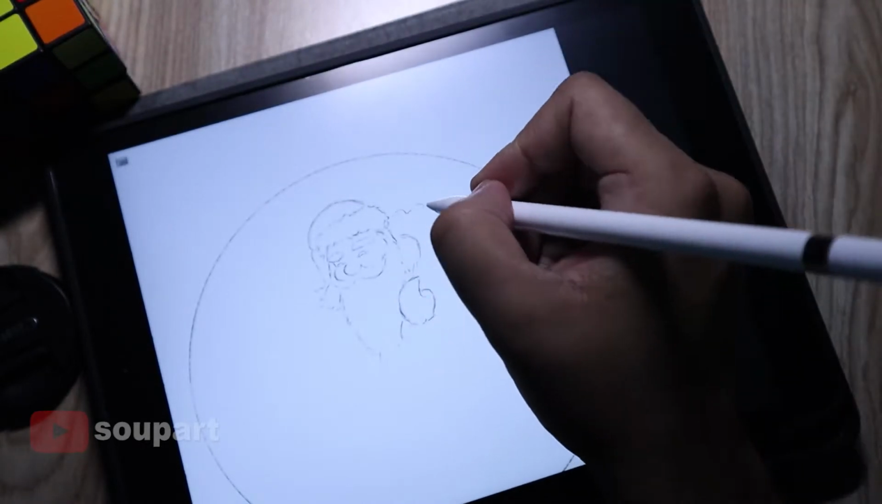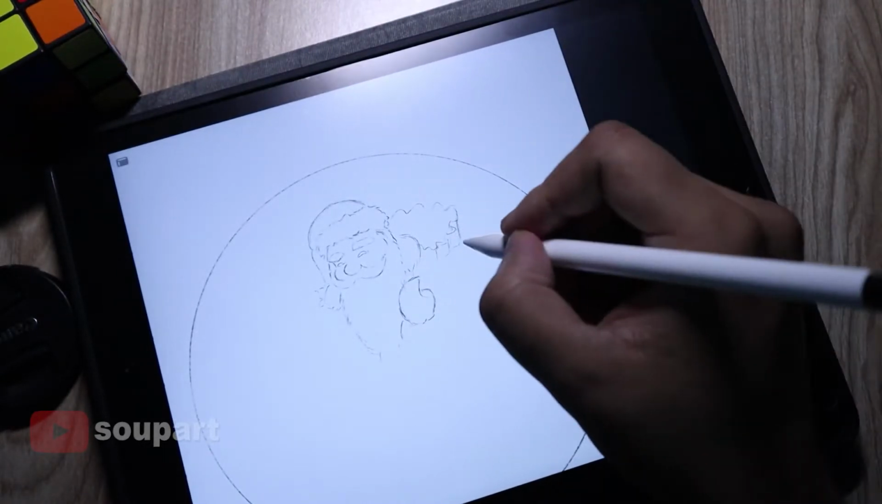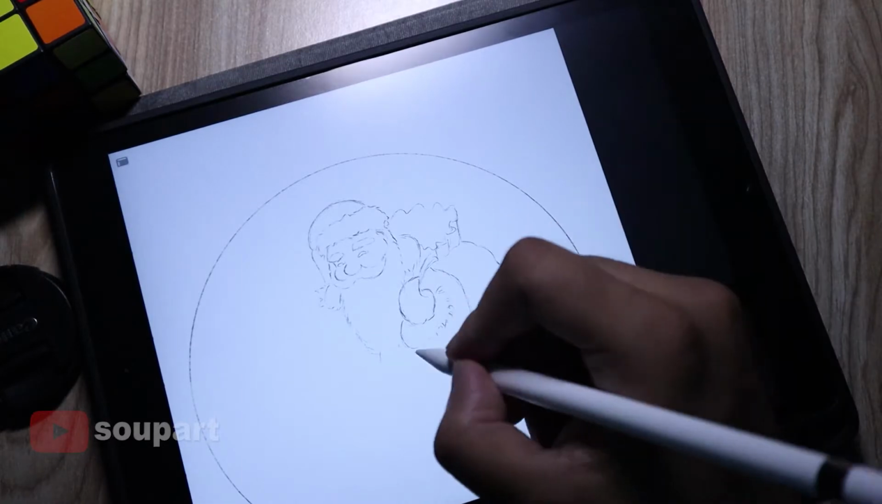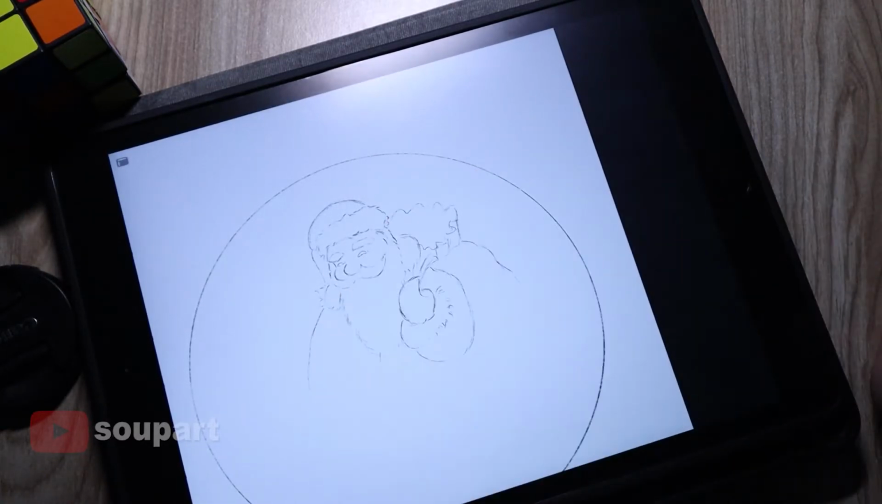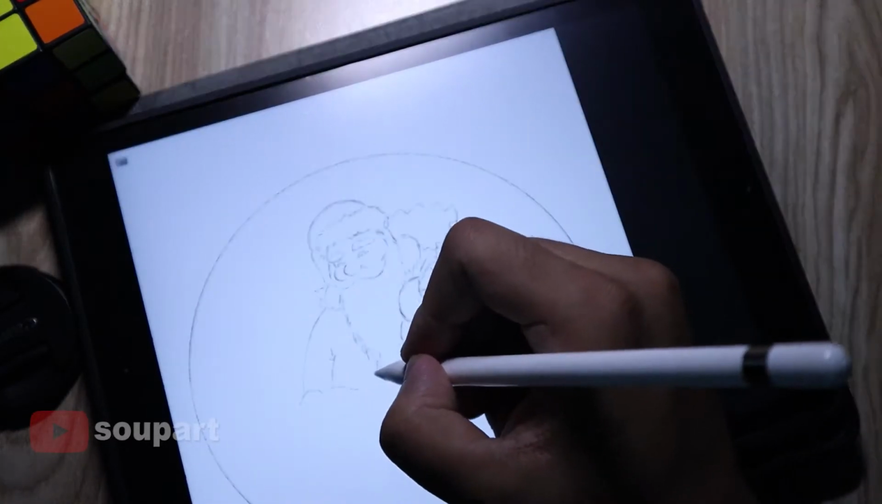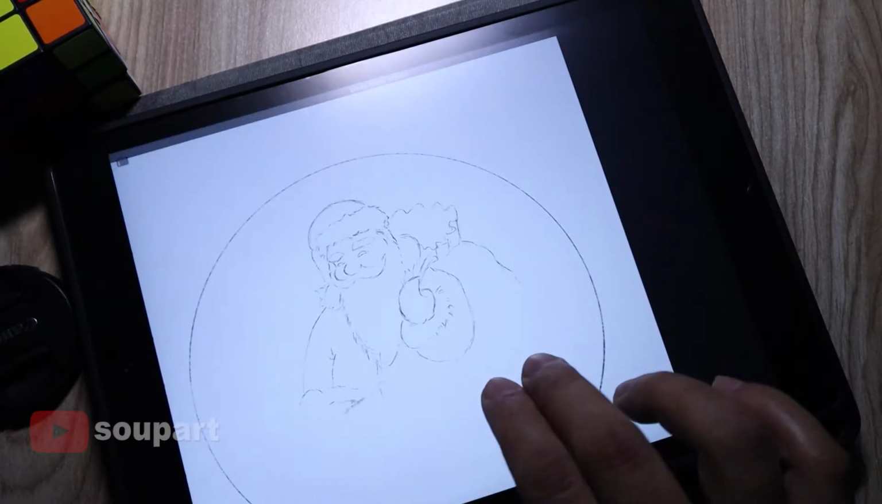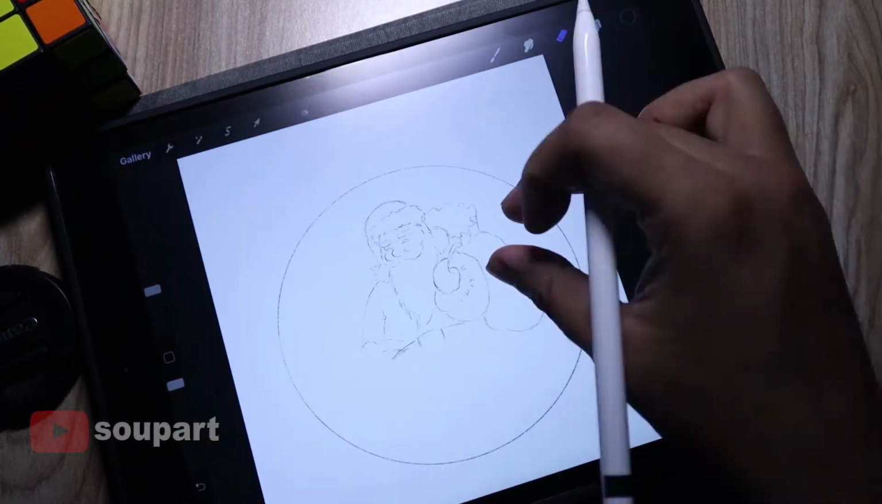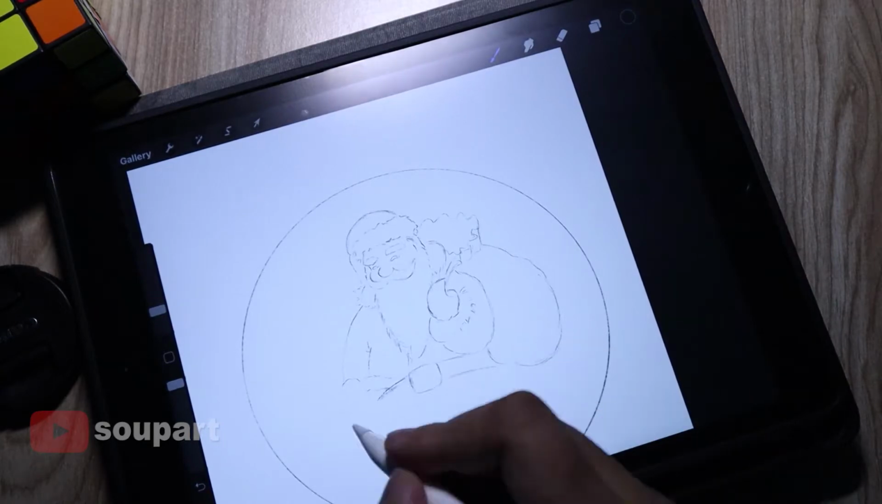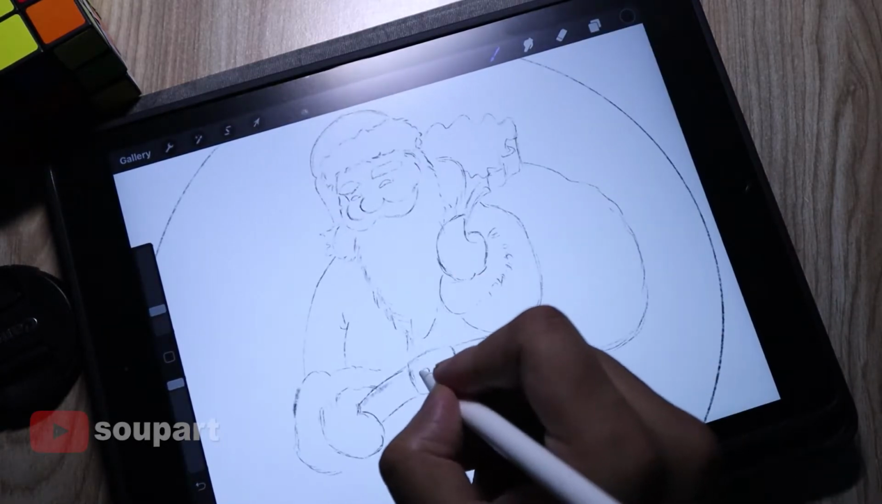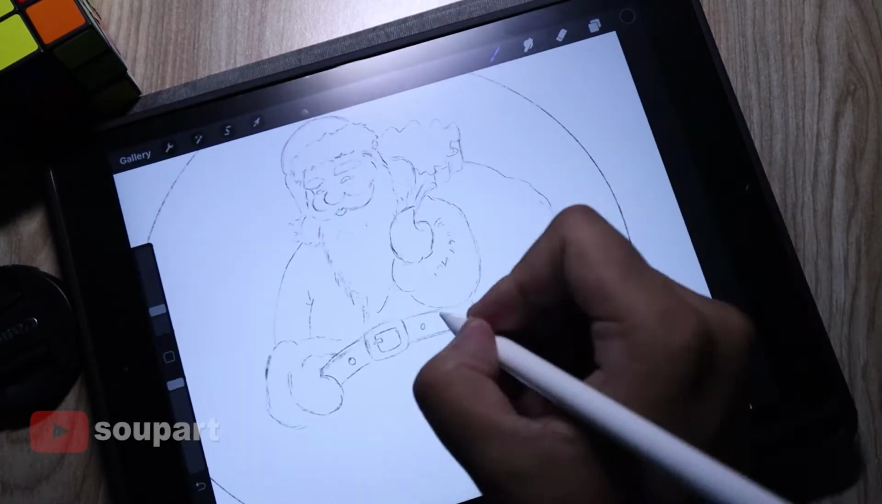So for this drawing, what I wanted to do is draw Santa. For that I had to get some inspiration. I got it from one Google image which I really liked. I'm not sure about the name of the artist, but I re-sketched it directly digitally. It was a traditional drawing, but this one is